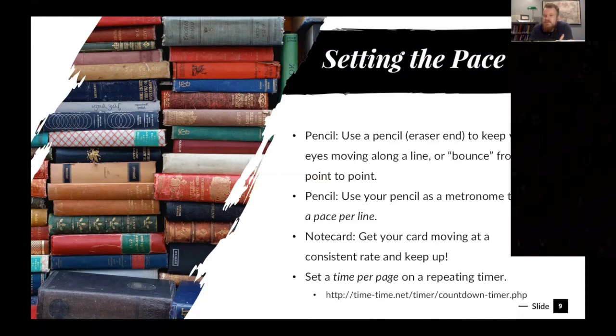It doesn't have to be super fast, but you're moving the note card at a pace that you can keep up with, or maybe even that's a little uncomfortable, that's pushing you a little bit. And by doing that, you're forcing yourself to keep a pace as you go through the page. So if you read through a line and your eyes want to go back, or your brain wants to go back and reread that sentence, you can't, because you're keeping this pace with the note card and you're having to